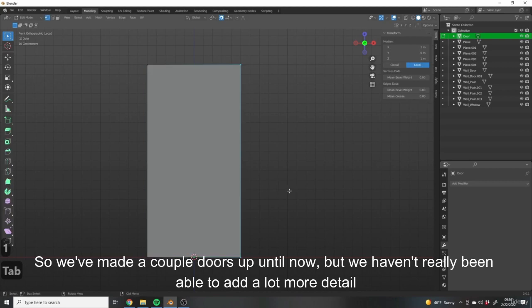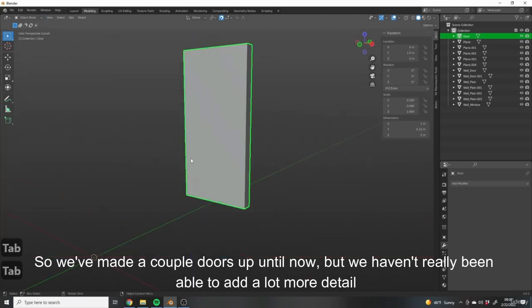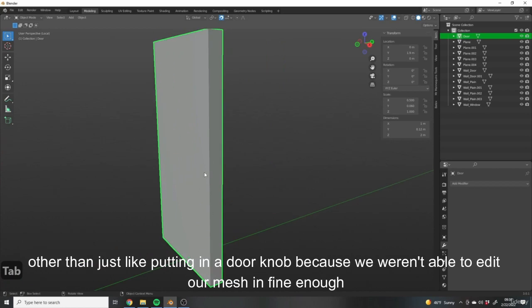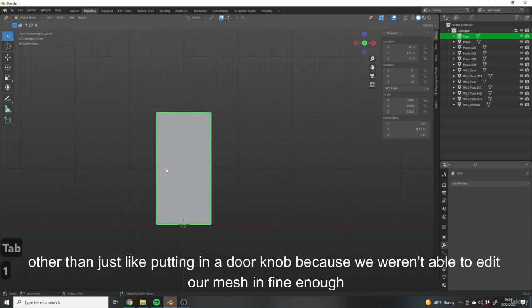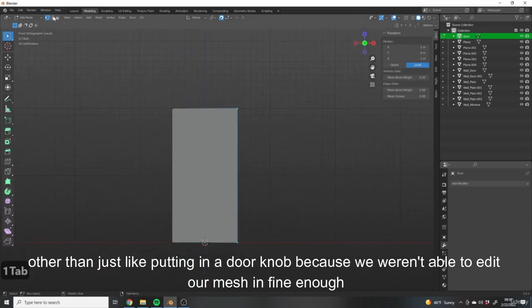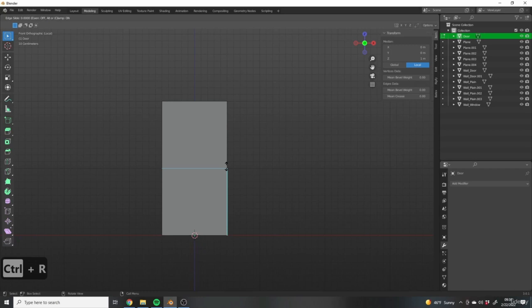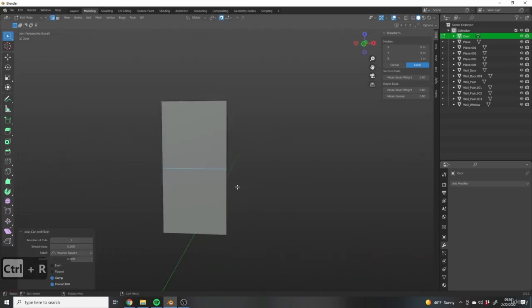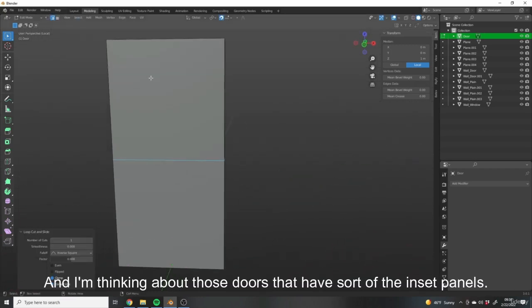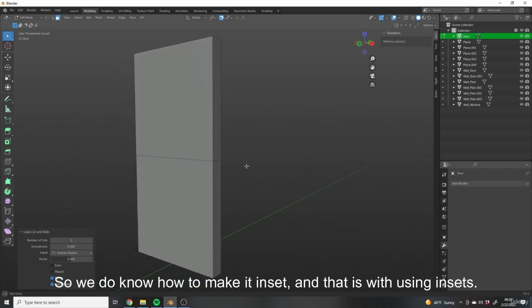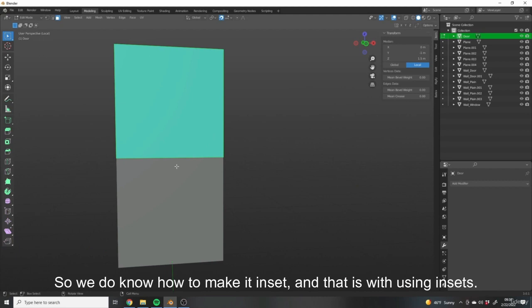So we've made a couple doors up until now, but we haven't really been able to add a lot more detail other than putting in a doorknob, because we weren't able to edit our mesh in fine enough detail, but now we can. So let's add a loop cut just right in the middle. And I'm thinking about those doors that have sort of the inset panels. We do know how to make an inset, and that is using inset. So let's select